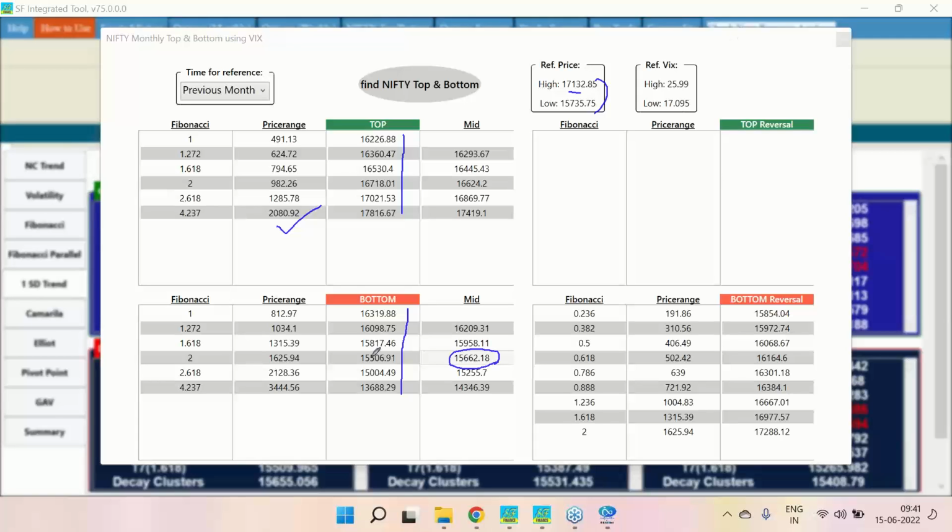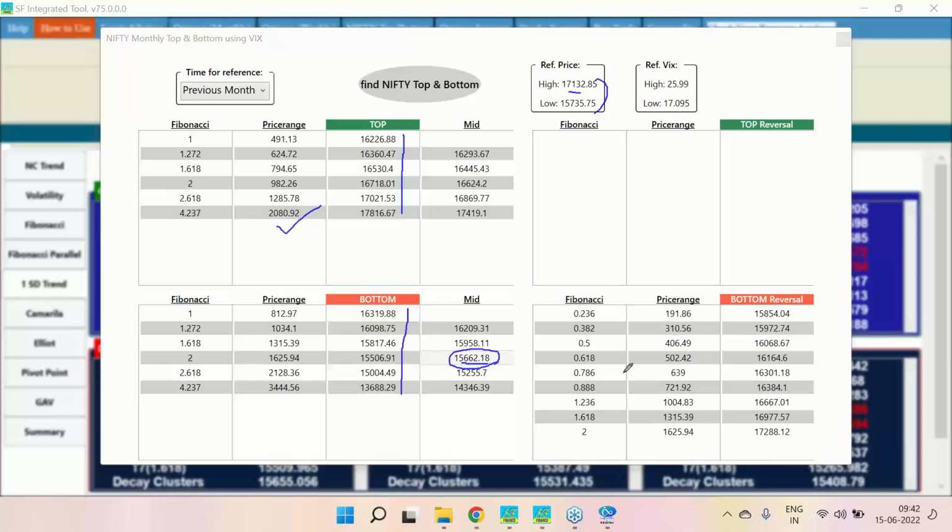So for that, the bottoms and the tops always have a dynamic feature. If one bottom is violated, then the next bottom will be your base. If the very next bottom is violated, the next will be your base. So now